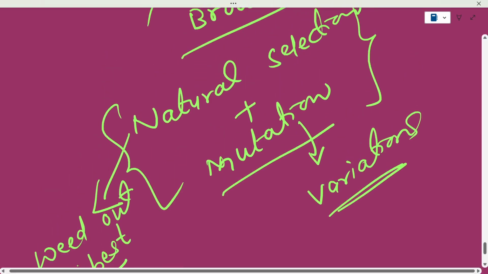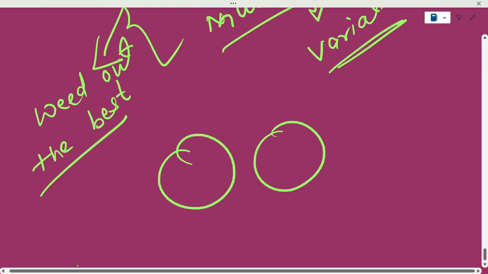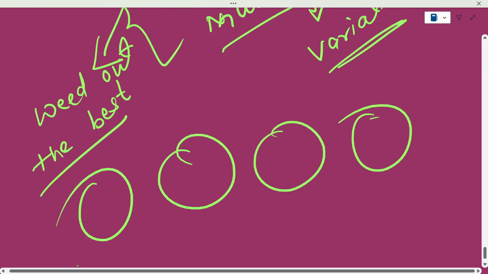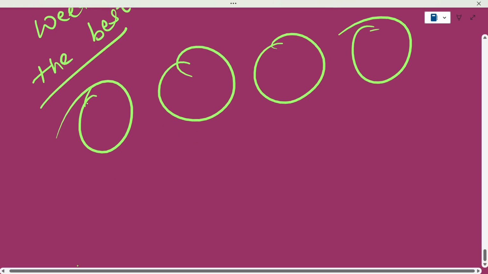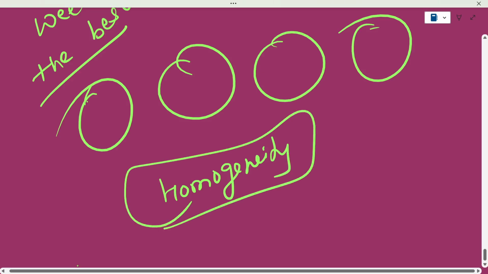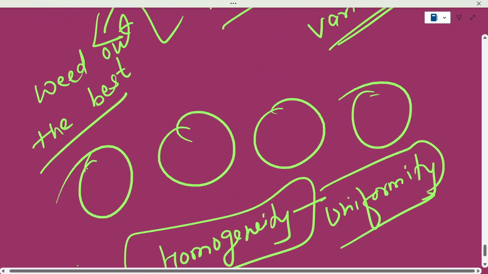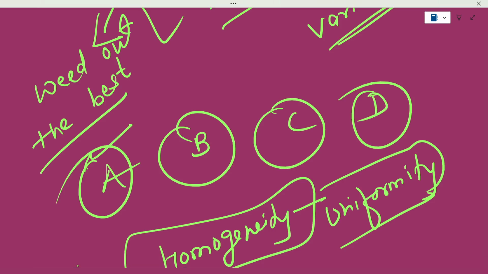And here the full feedback loop manifests in the form that if there are 4 individuals, natural selection, over a certain time, will try to bring homogeneity in the total genetic makeup of the individuals. वो कैसे? Homogeneity, यूनिफॉर्मिटी लाने की कोशिश की जाती है by natural selection, क्योंकि इसमें फिर यही करेगा. In the simplest terms, 4 लोग हैं, A is not fit enough, so the gene of A will be eliminated,